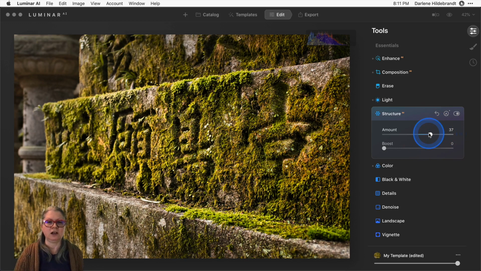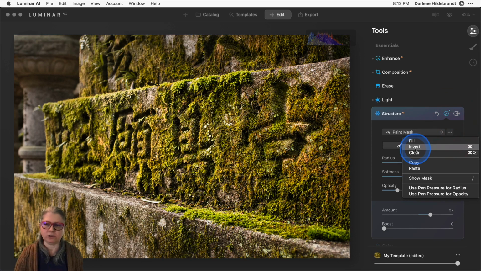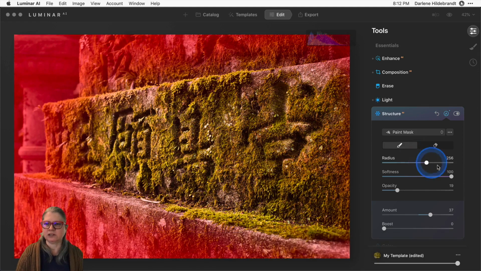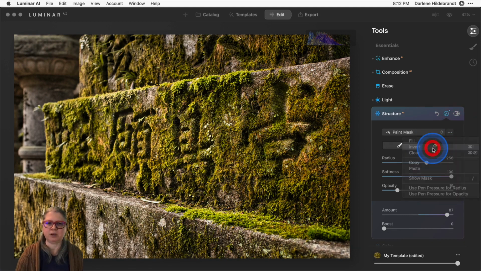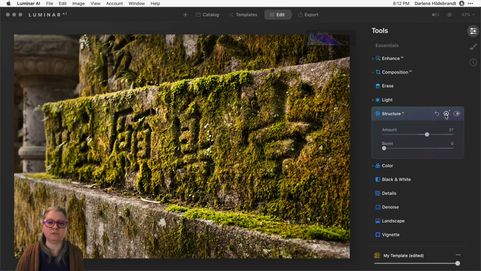Okay, so obviously this is going a little too far, but like I said, I did that just to demonstrate how you can use the mask from one into another tool. If I wanted to affect the opposite, you can also invert it. So if I invert it, you can see that it's now affecting, I'll just turn it up, the outside area. Let's do invert again, put it back, like so.